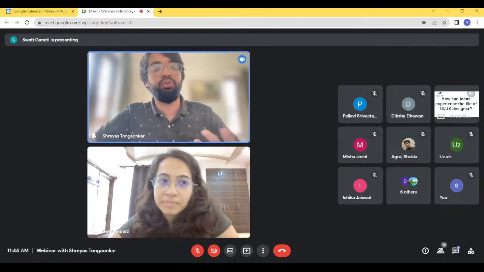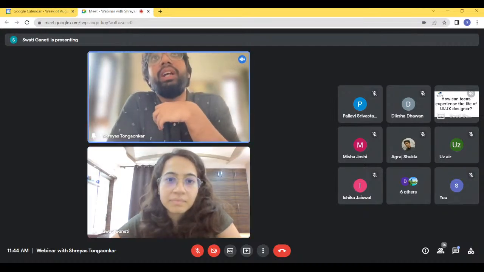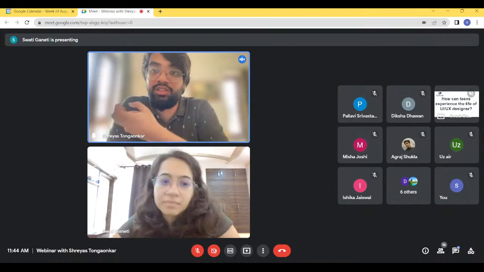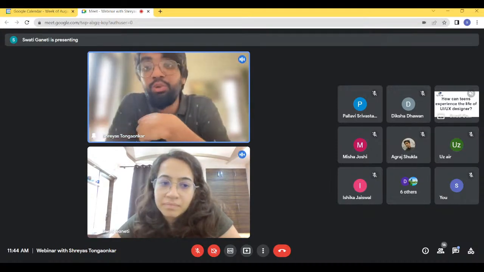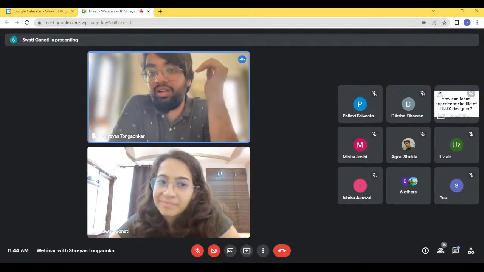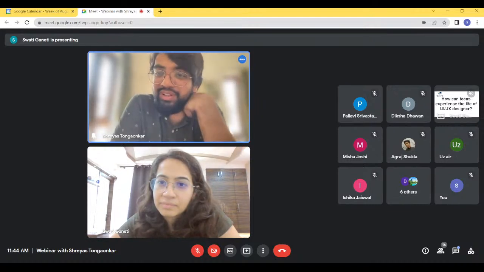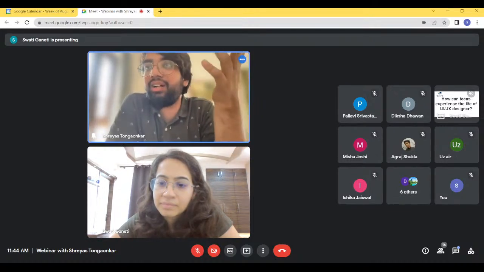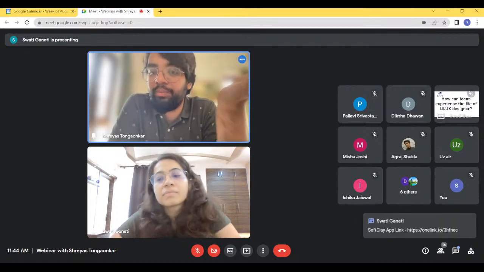How teens can experience the life of the UI UX designer, I think there are a lot of courses that you can do. But one of the things that I think might be really interesting is just self reflection. Every time you're using any app, like when you open WhatsApp, when you open Instagram, spend a second just thinking about what the person who made this was trying to do for you, right? For example, Instagram has something called the infinite scroll, right?